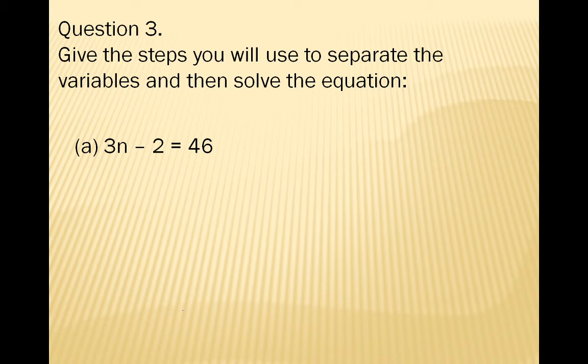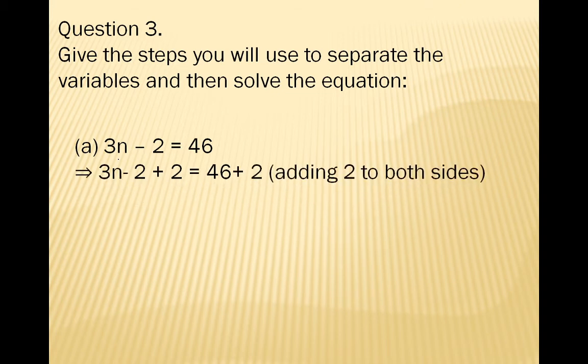Look at here carefully. My first equation is 3n minus 2 is equal to 46. Now in this equation you can see at the left hand side there is a negative 2. That means we have to add 2 to solve this equation, and 3 multiplied by n. So what we have to do here? Divided by 3. Okay, just take in your mind and look at here how you can solve this by using proper steps. Okay, now 3n minus 2 plus 2 is equal to 46 plus 2.